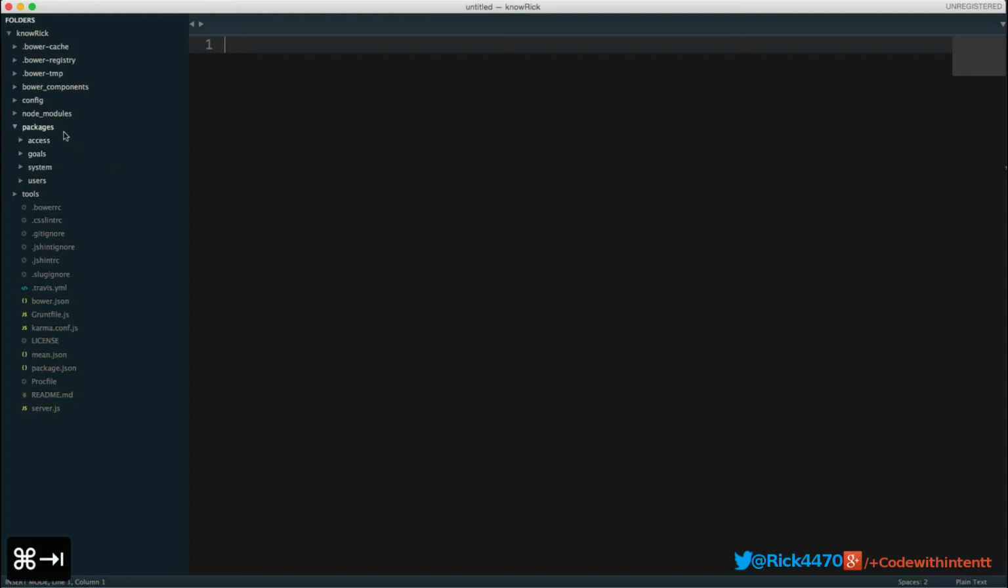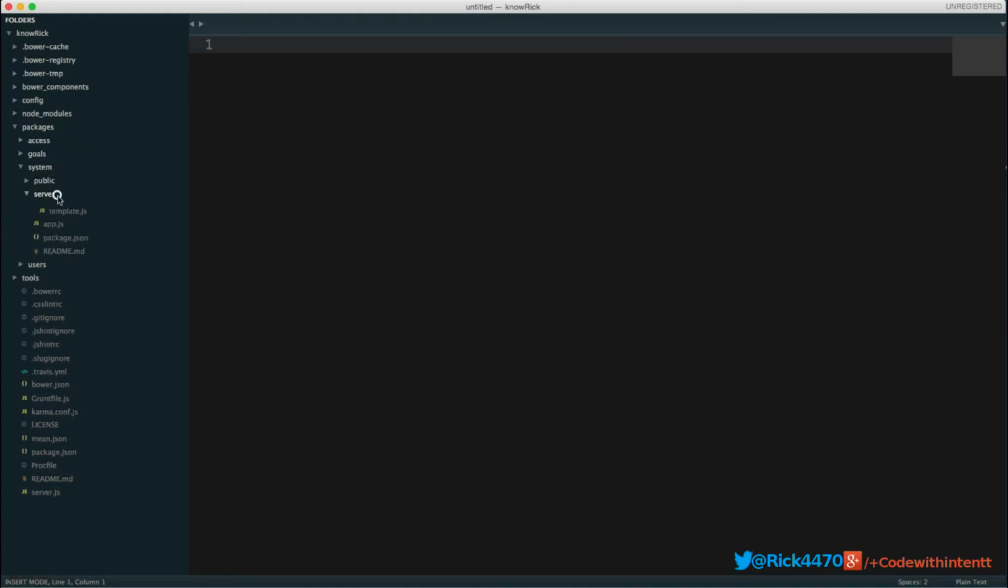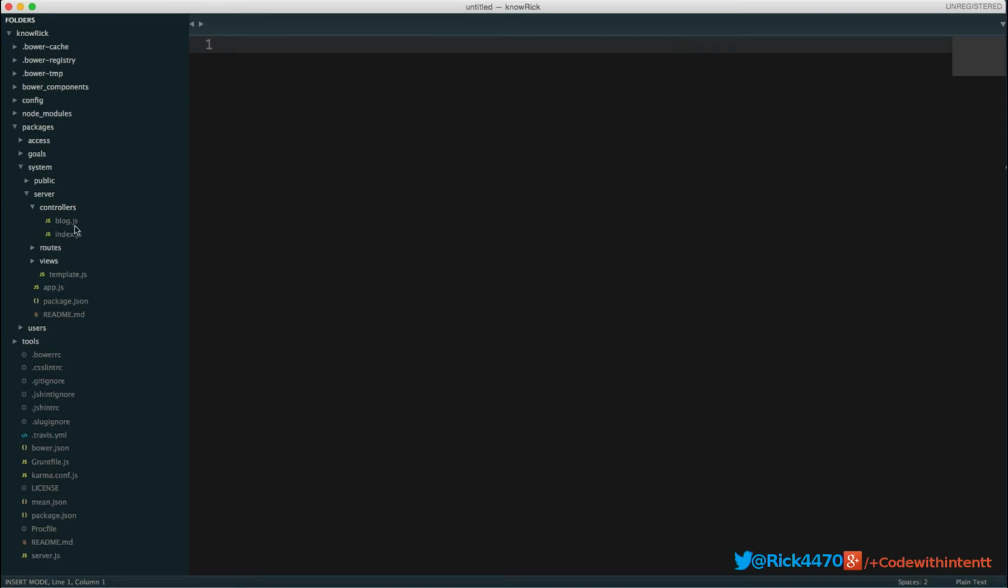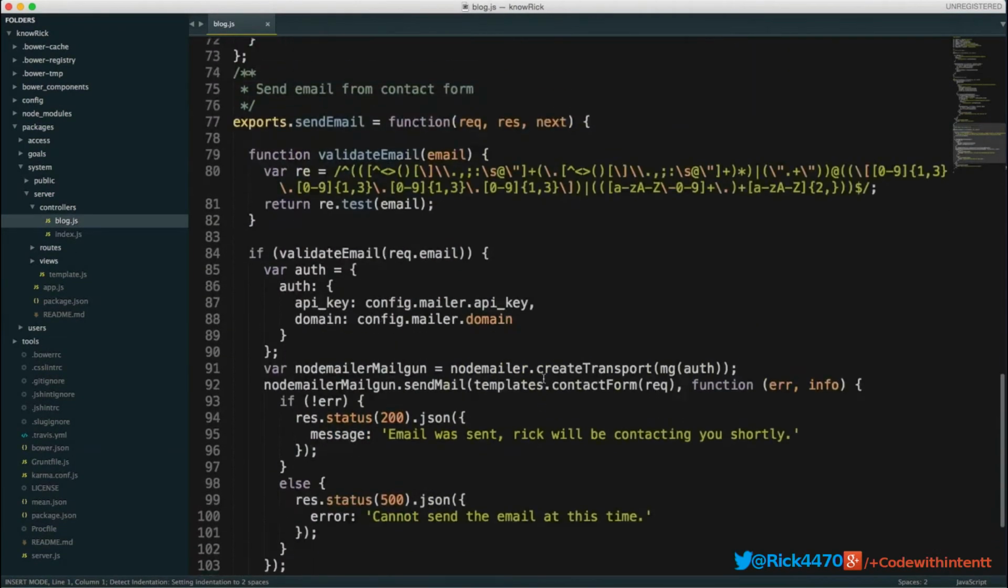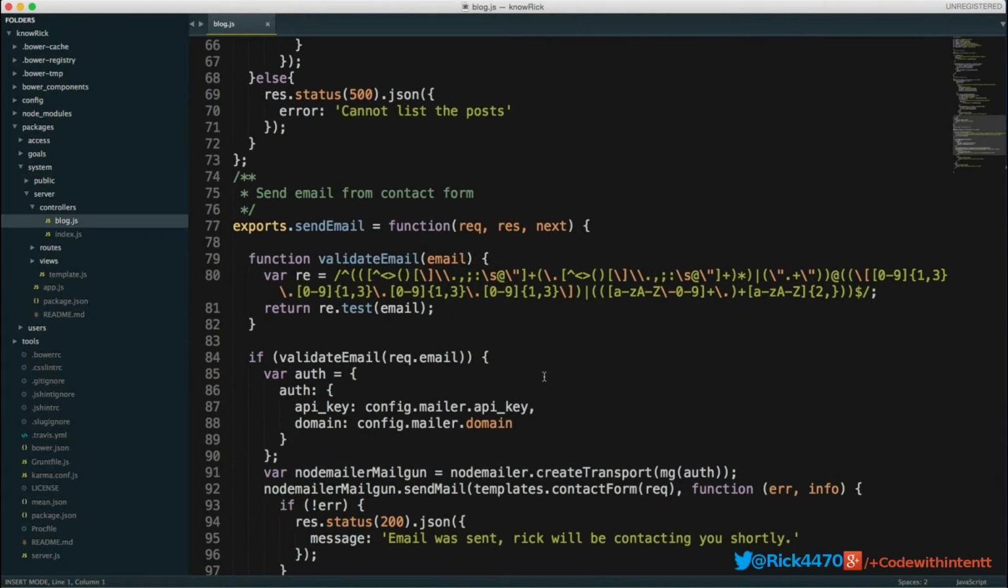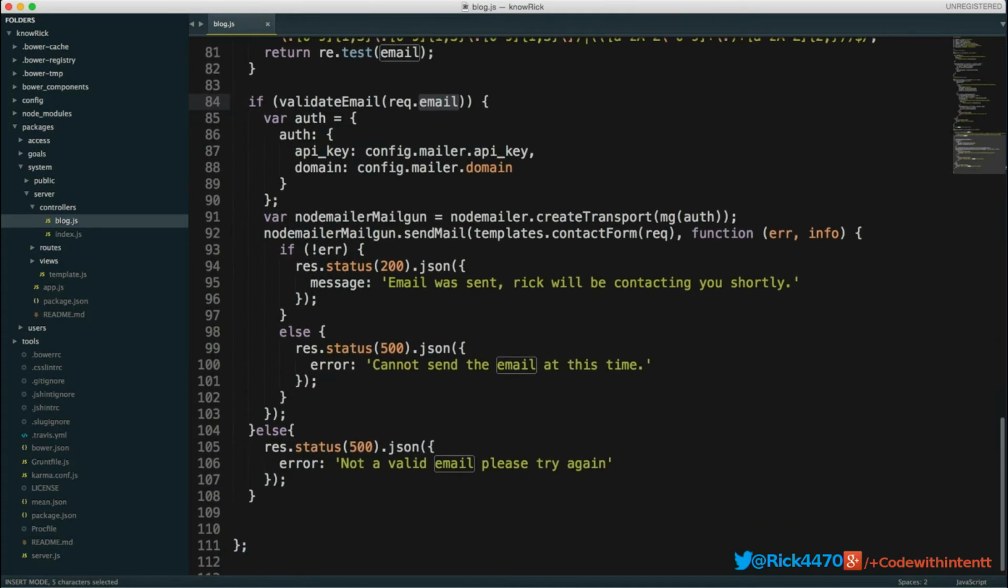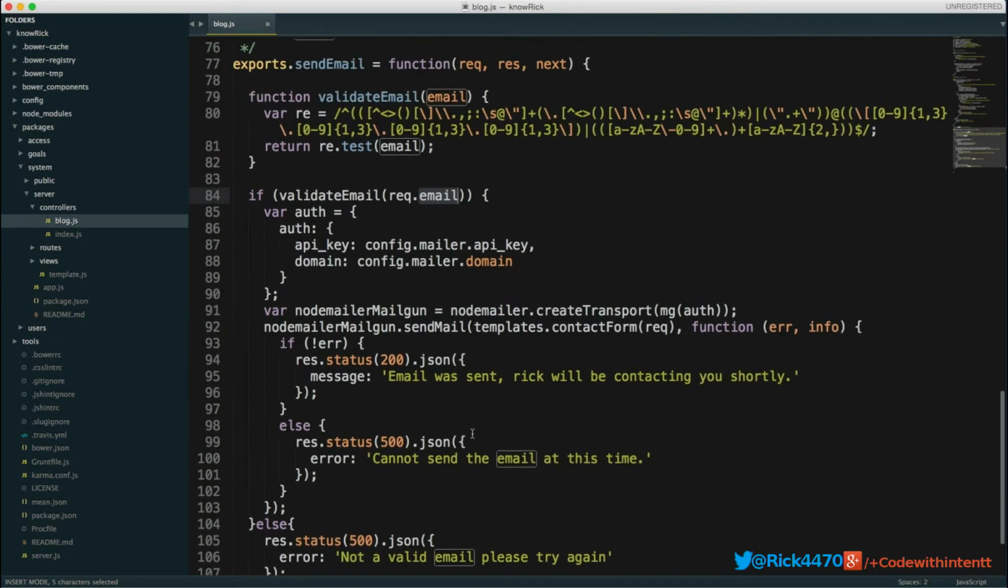So if you go into System, Server, Controllers, and we're going to do Blog. And here's the controller that's actually sending the email. I first create this function called validate email, and I check if that email is valid. Then if it is, I go ahead and try to send it. And if it's not, I'll just right away error back out with a 500 telling me that that's not a valid email. But if it is valid, I pass the config values, config mailer API key, config mailer domain, and